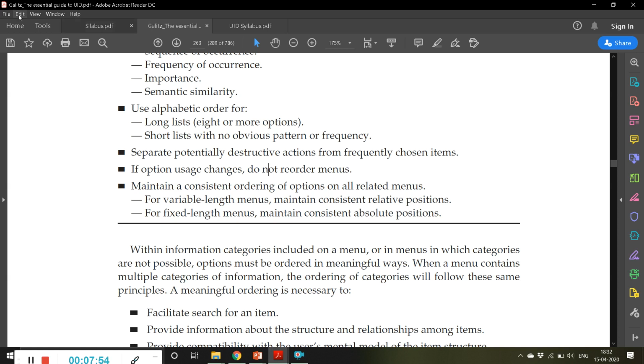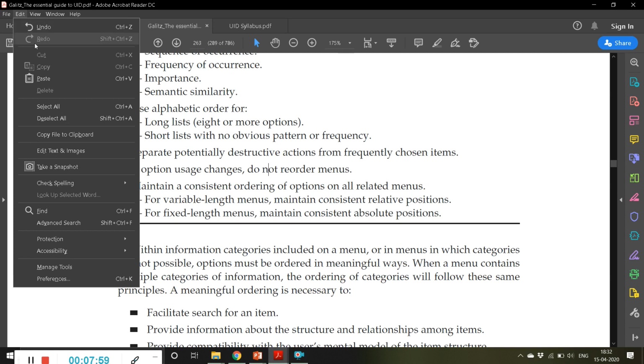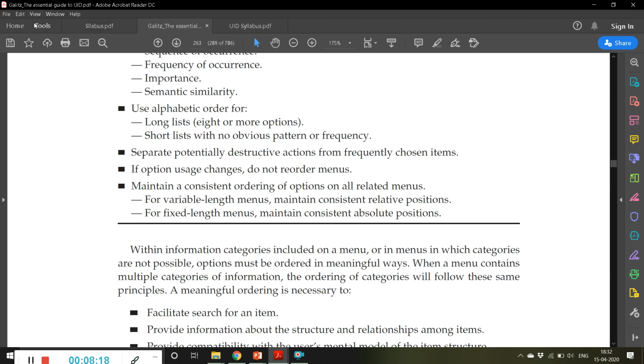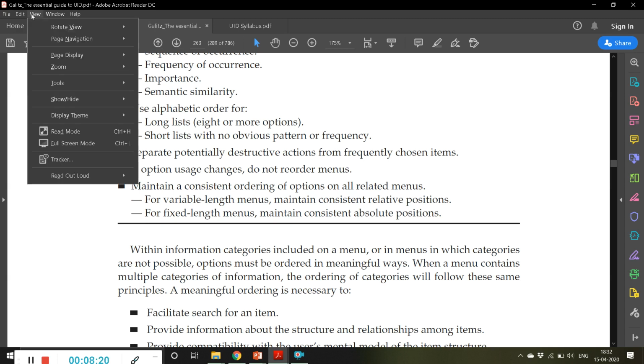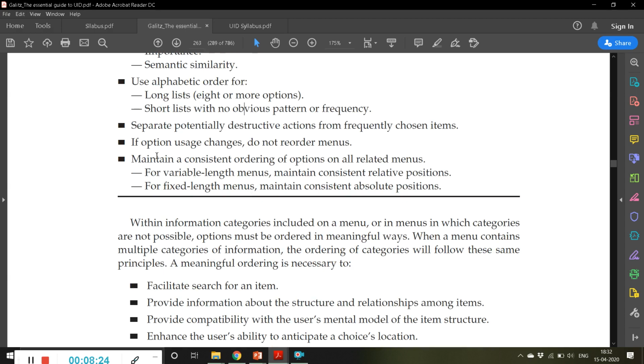For example here: view, undo, redo, cut, copy, paste. Don't mix up everything. If the user is using undo frequently, then don't put something destructive like delete here, so that the user mistakenly clicks on delete and the whole thing gets deleted. That should not be the case.